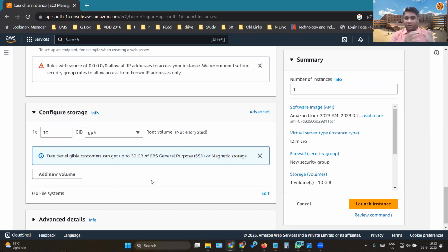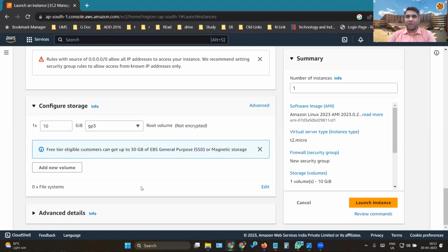So now think of it. Your phone has more power than this. It has one CPU with 1 GB RAM and 10 GB of storage. Phones are coming with 8 GB, 12 GB, 16 GB of RAM and 512, 128, 64 GB as storage. But this server, we are creating a very small server to host a website so that when we run it, it can access the website. And how this works, we'll talk about it.